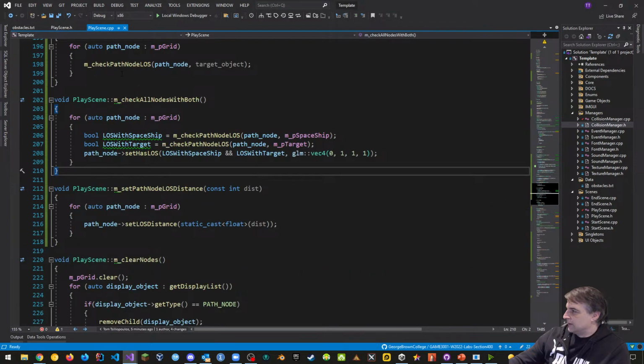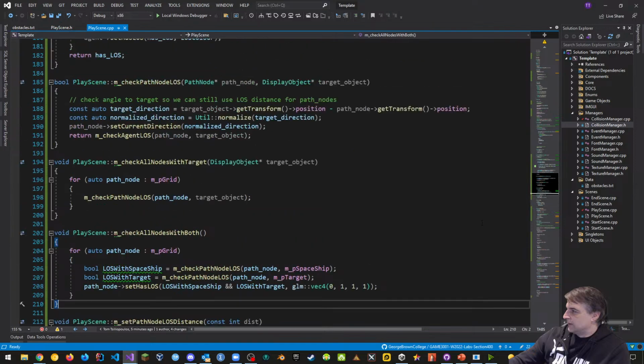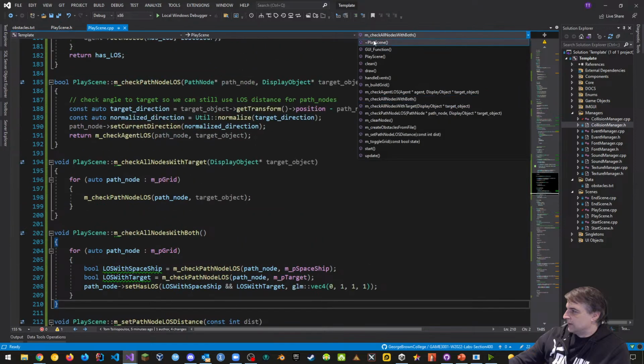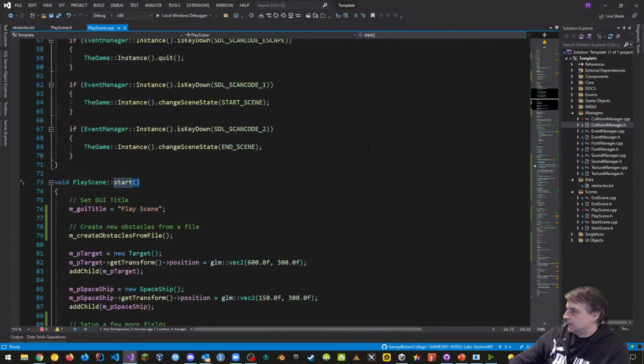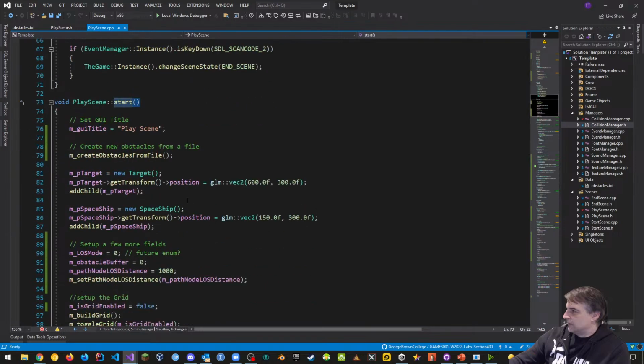Now, one thing else that I want to do before we go is inside of the start method. Let's take a look at that start method for a second. So here's something to note, right? We're adding in the obstacles first. Okay, we're adding in the obstacles first. And once we add in the obstacles, when we create the obstacles from file, we're doing it in painter's order. So typically what we're going to do is we add the obstacles, and then afterwards we add the ship and the target. So the obstacles should go in last.